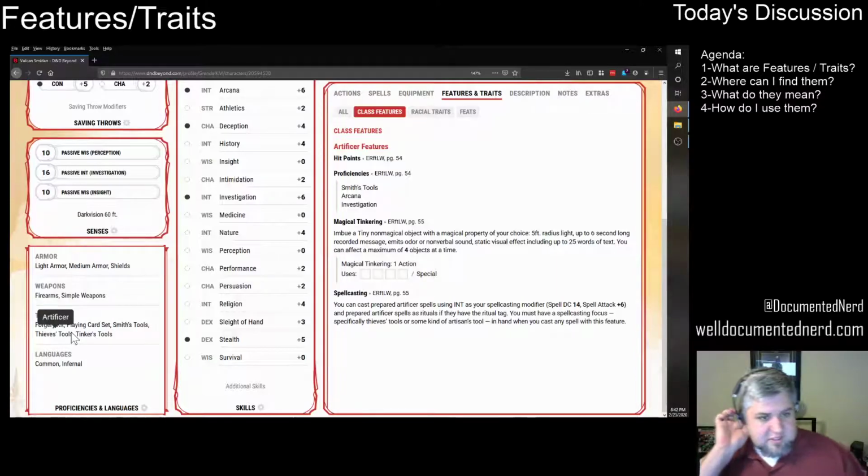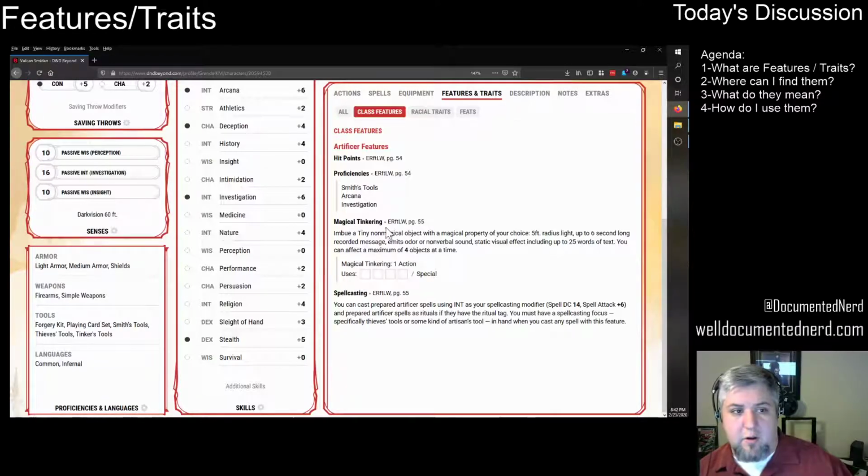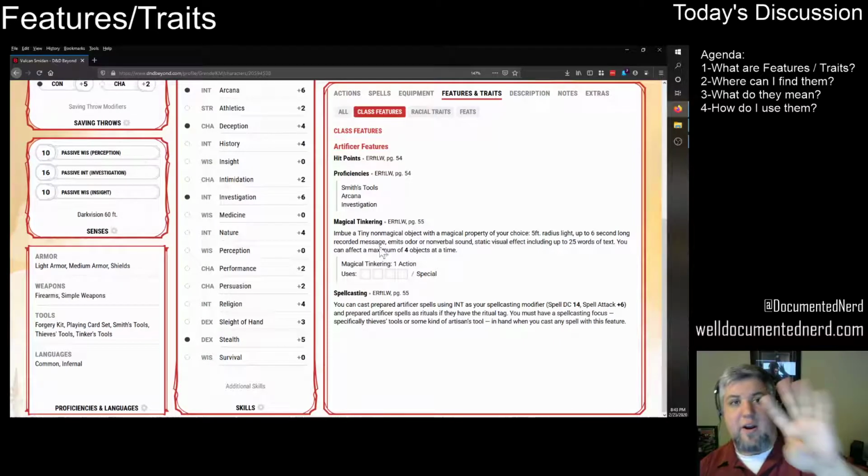Now what else does this tell me? This tells me that I have Magical Tinkering. I can imbue a tiny magical object with a magic property of my choice: 5-foot radius light, up to 6 seconds long for a recorded message, emits an odor or nonverbal sound, a static visual image, including up to 25 words of text, and I can affect up to 4 different items at a time that